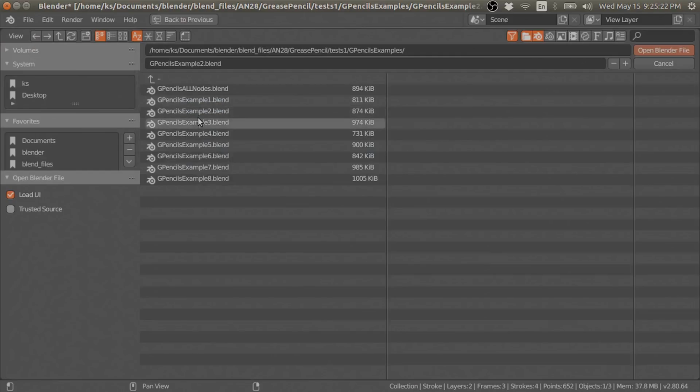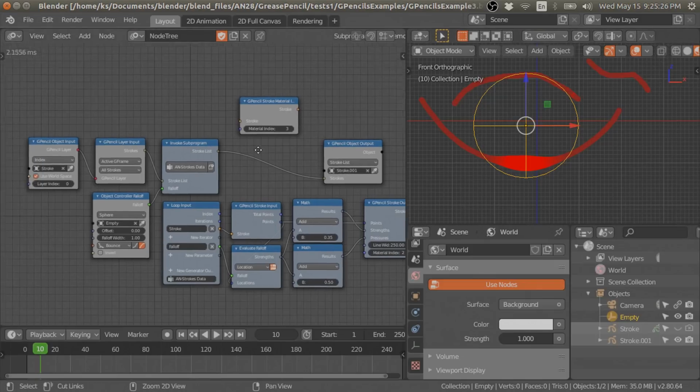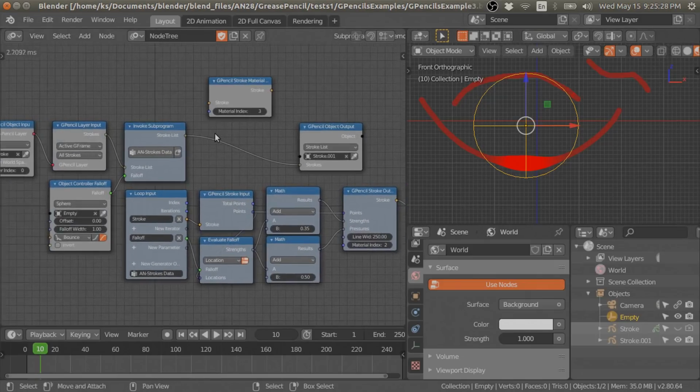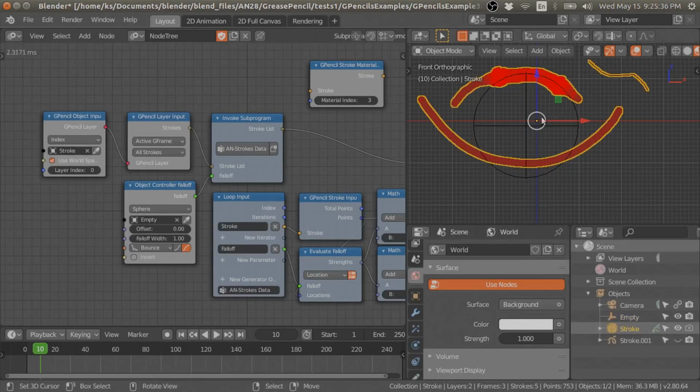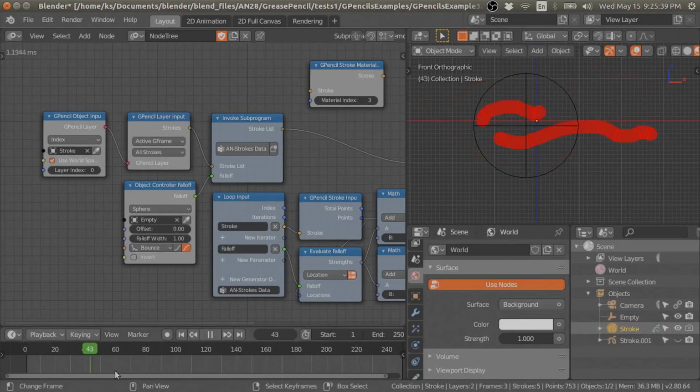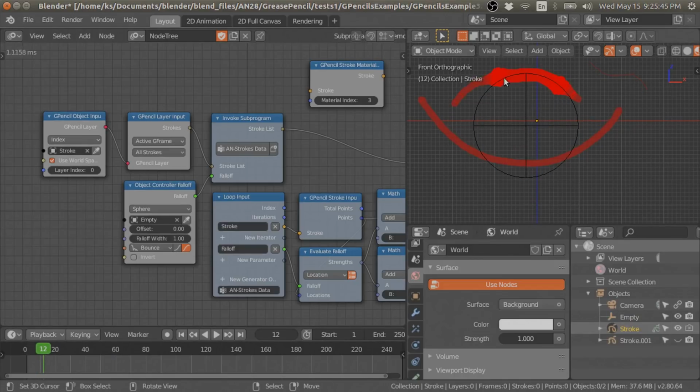And then we have the third example. So this is very interesting. So these are the input stroke objects. Okay, so here I want to change